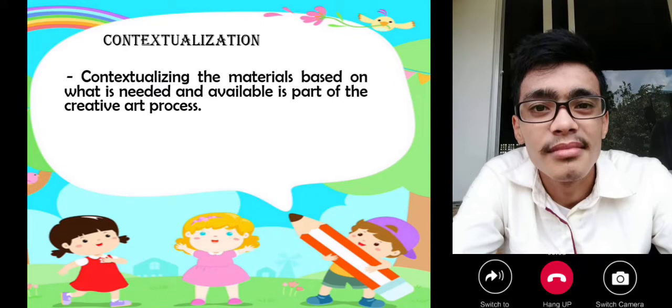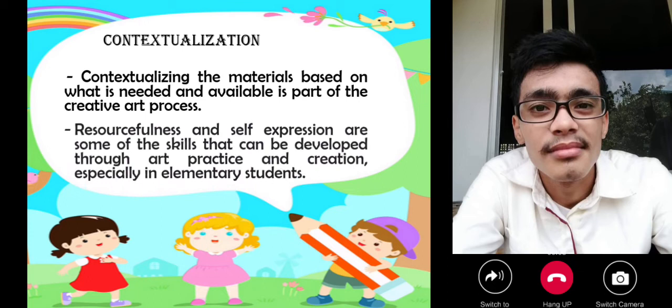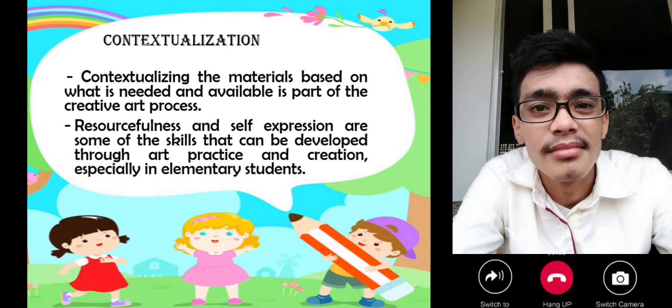Contextualizing the materials based on what is needed and available is part of the creative art process. Resourcefulness and self-expression are some of the skills that can be developed through art practice and creation, especially in elementary students. However,